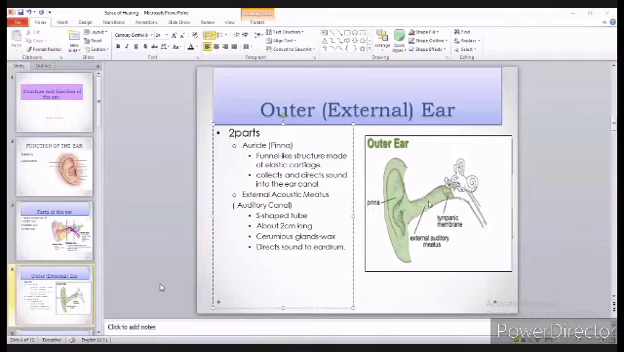Here it shows straight, but an ear canal is an S-shaped tube about 2 to 2.5 centimeters long. Okay, in this tube,